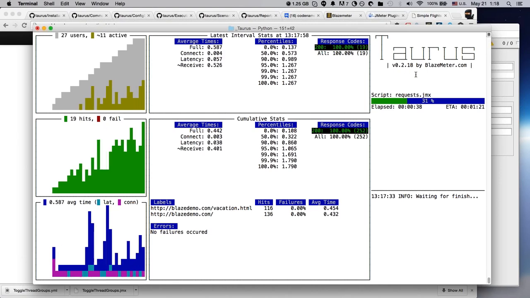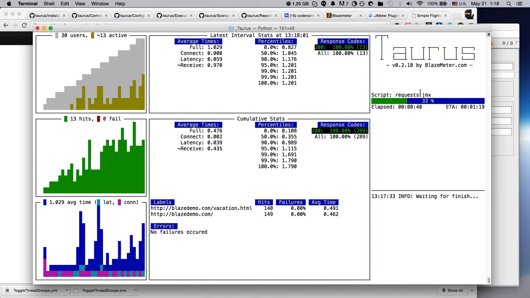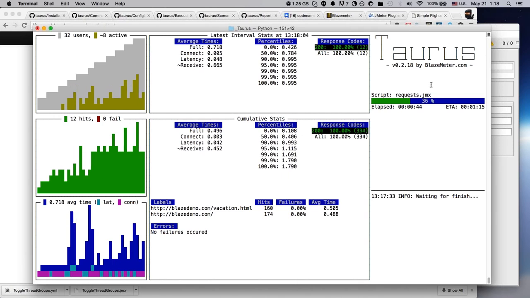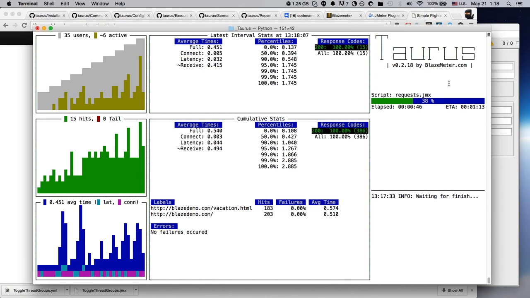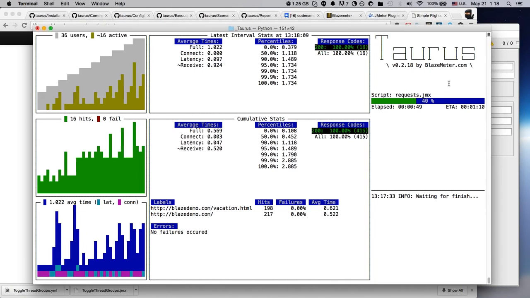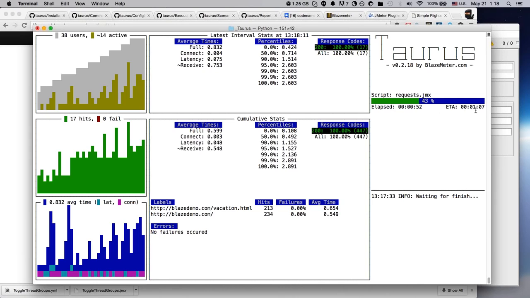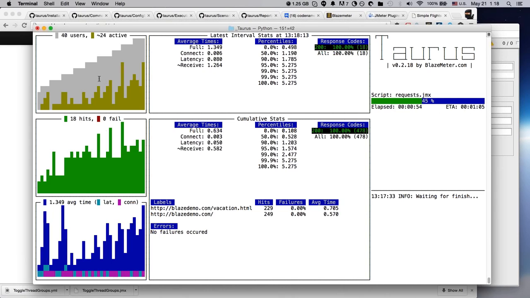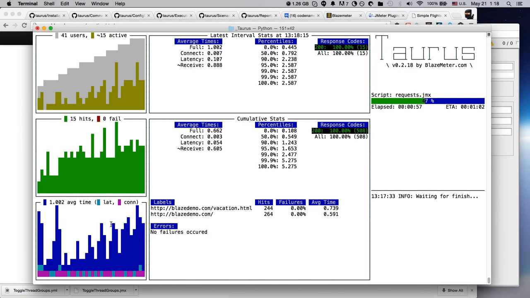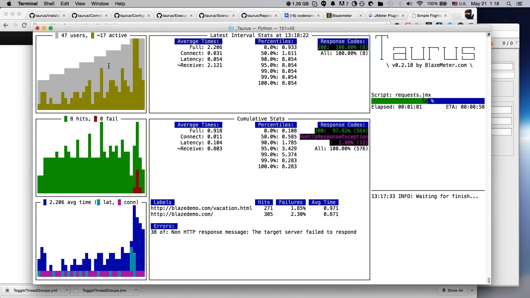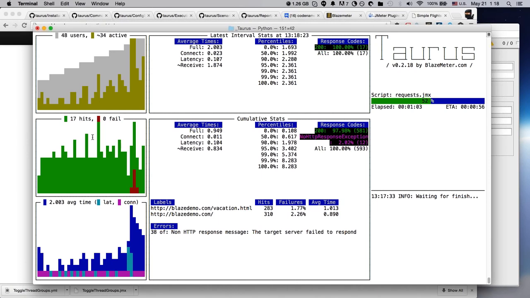Here you have Taurus, the latest version. Here is the actual script which is running, and this script was generated on the fly. Obviously, I didn't have a request JMX. This was generated for me from Taurus. Again, this is a 2-minute test, so you can see how long it's elapsed and how long it's going to run overall. On the left-hand side, you have some simple console-type graphics